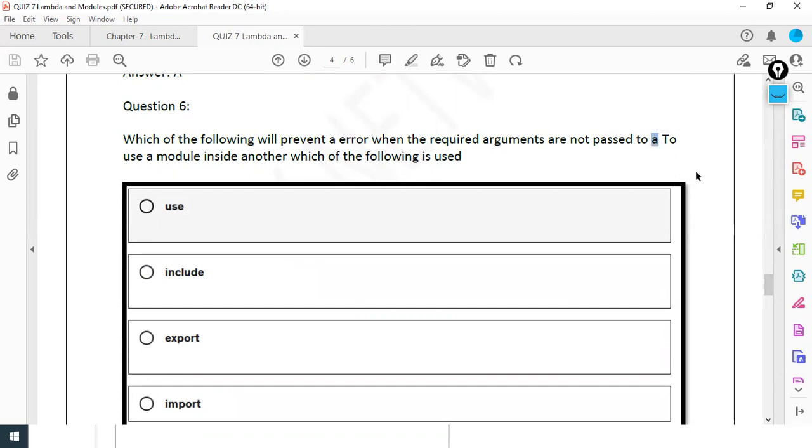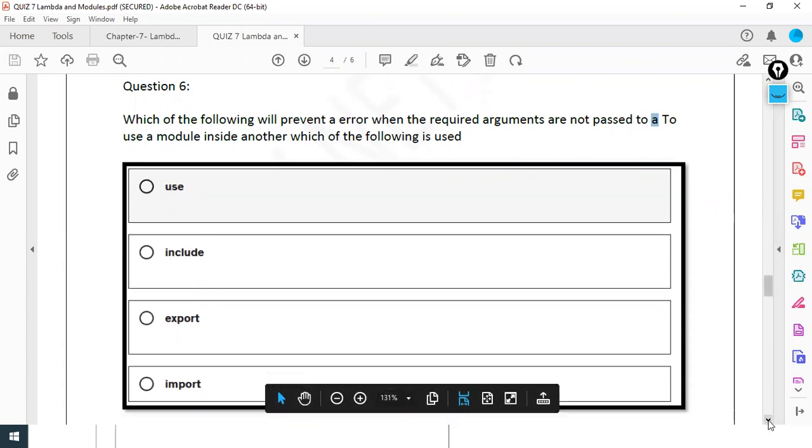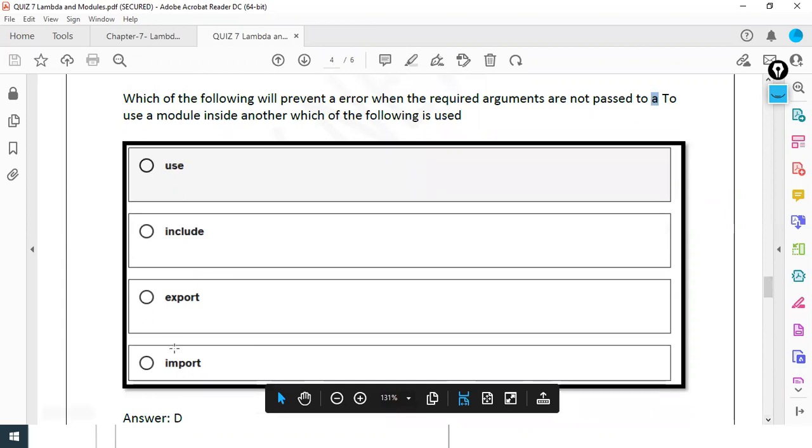Whenever I have one module and you are calling something, just like the program we did before, which of the following will prevent an error when required arguments are not passed to a module inside another? We are using the import. Just before, if you remember, I said from import. I said from my module import person one.